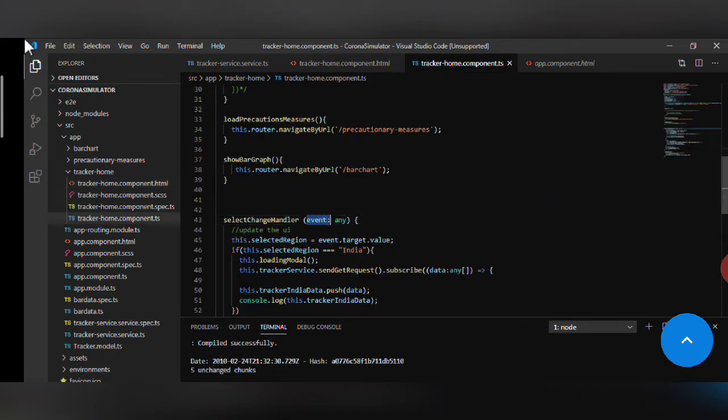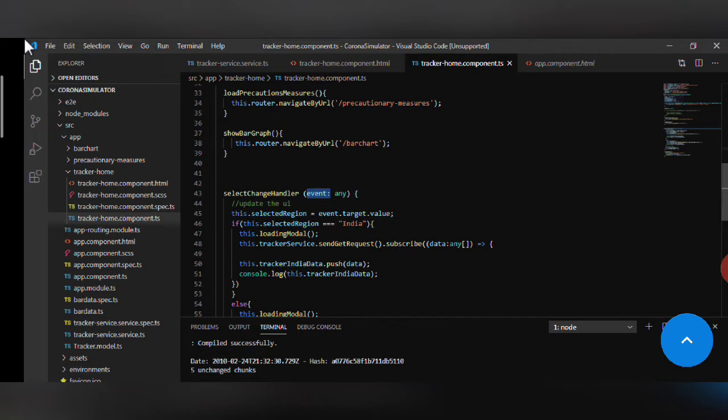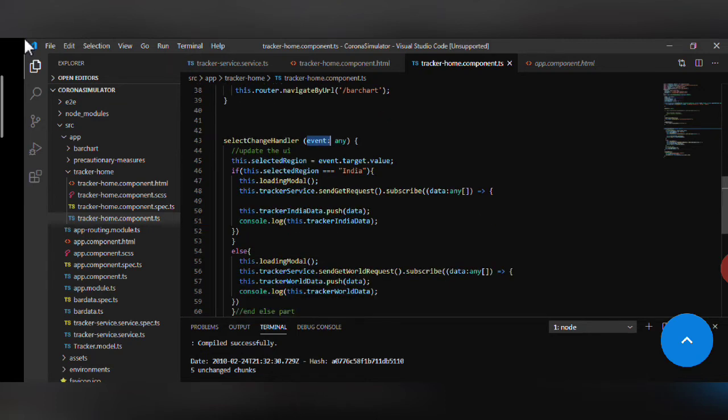It will contain the event. For example, if the user clicks India, the event value will contain the India field. Now it will match: if this.selectedRegion equals India, then call the service's Indian method, like I've used here send get request, and for world send get world request. If it is not India, it will go into the else part. The code is the same for India and world.